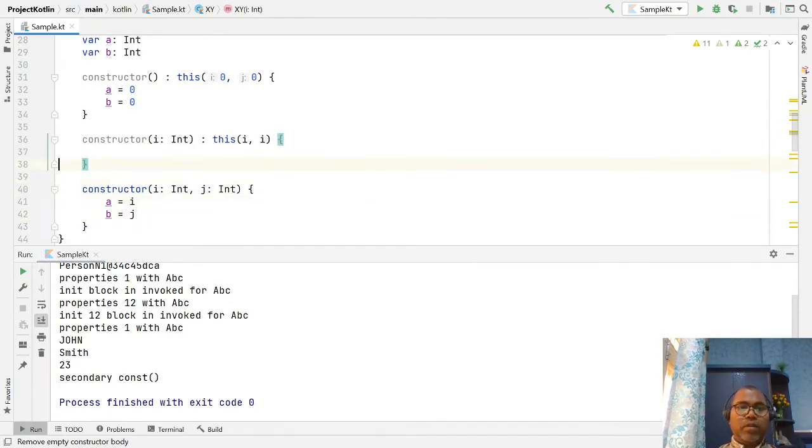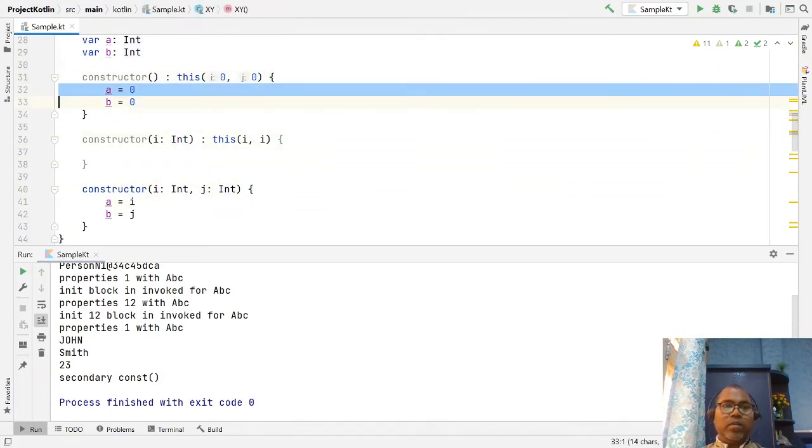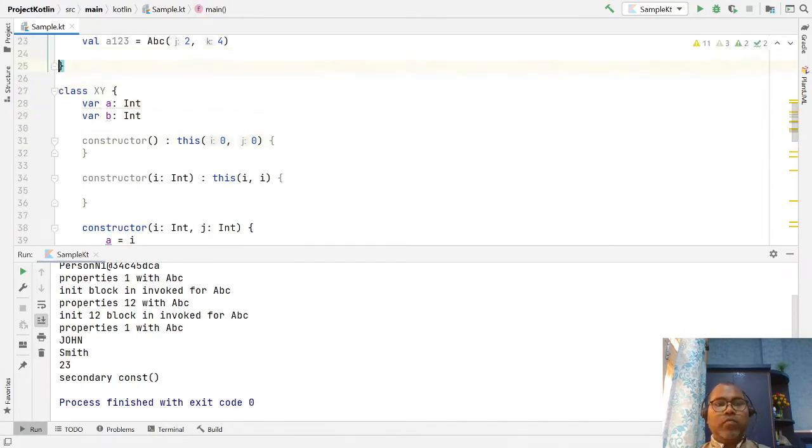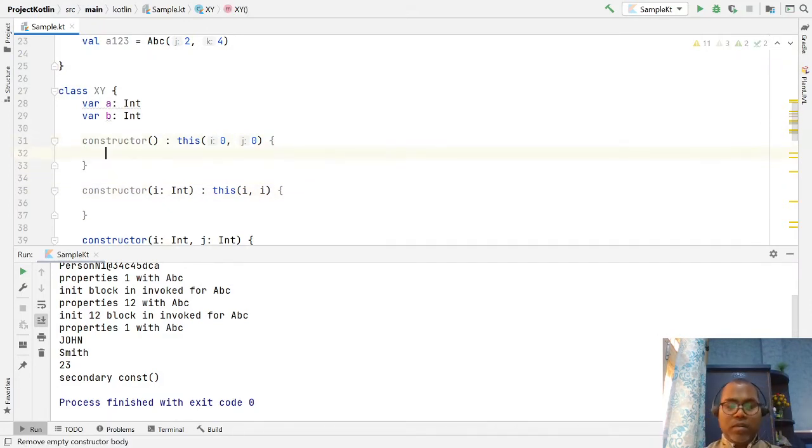Here you can just invoke, and if you do not pass anything to the constructor, you can pass it this way. So what we are trying to say here is, let's just invoke the constructor.